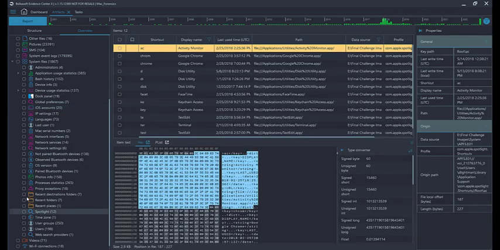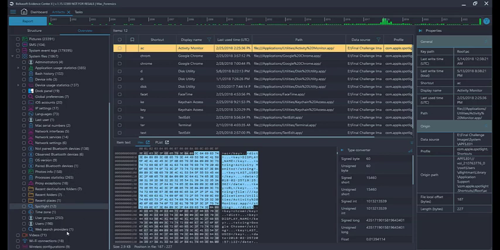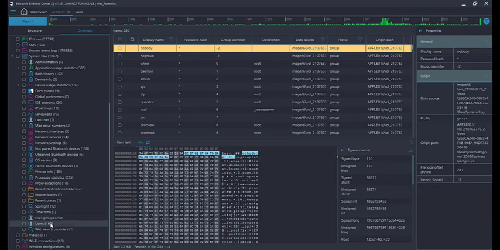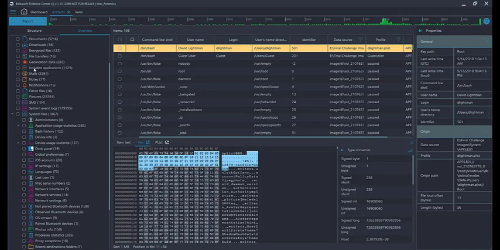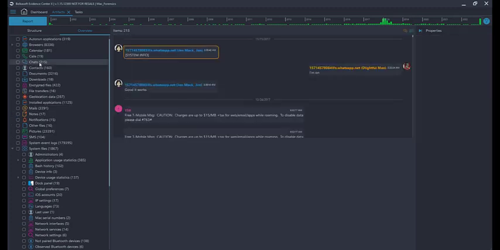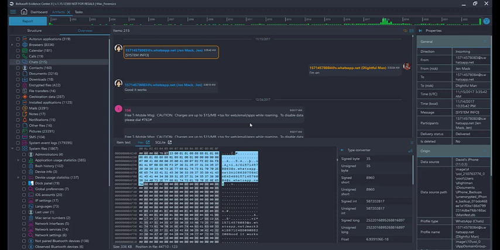A lot of interesting artifacts that you would not necessarily be able to see without having these decrypted images. So looking a little bit further into user groups, users, we can also look at things such as geolocation data or chats. We can right click, add or remove filters,